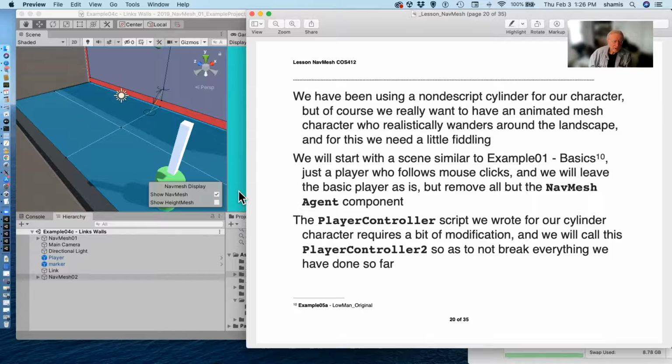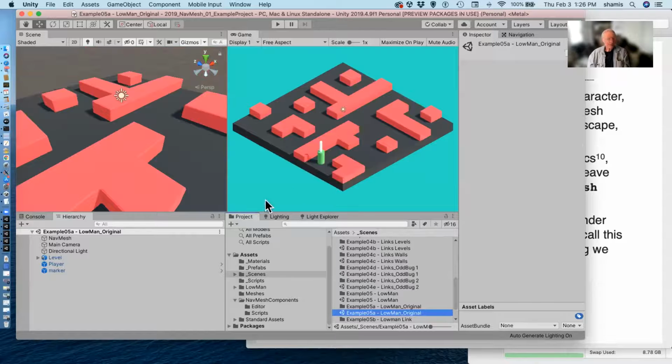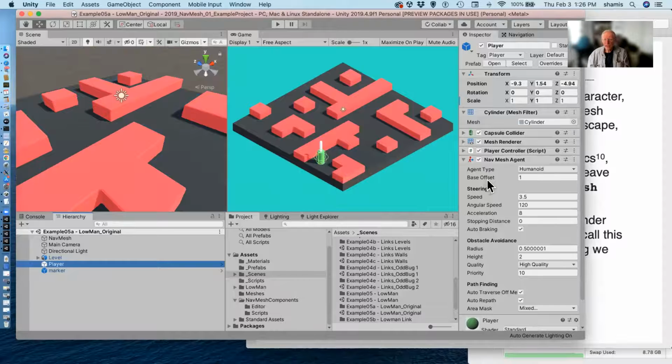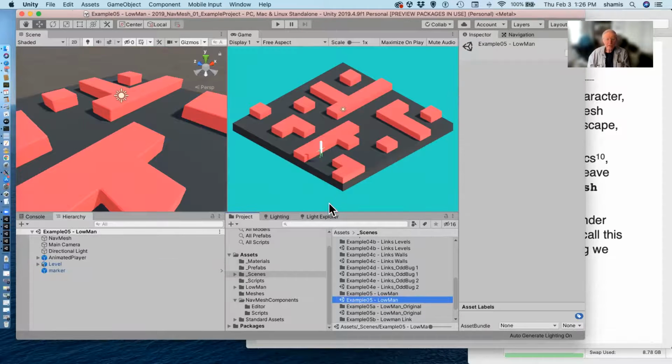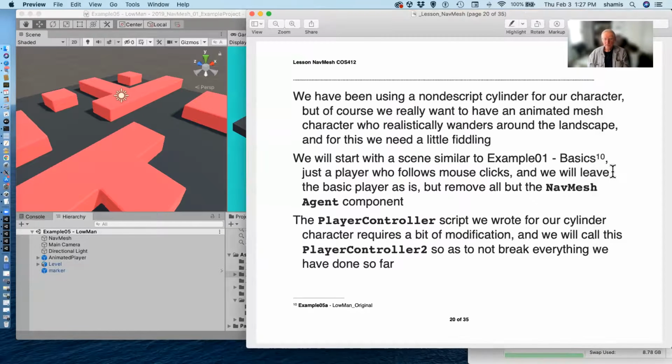So the other thing, of course, that we want to be able to do is use an animated character. One starts off with a basic scene here. I've got a nav mesh surface and I've got a player, and the player has a nav mesh agent. And I'm going to modify this to work with the low man character, this little animated character here who can run around in our world and do appropriate stuff. So the way to set this up,